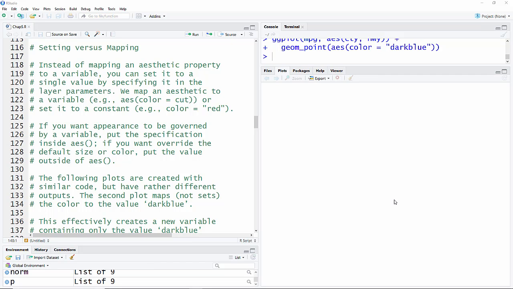We continue with Chapter 5, the section entitled Setting versus Mapping that begins on page 96. Now, in this section, we talk about the differences between mapping an aesthetic property to a variable, which is generally what we've done so far, or just setting it to a single value by specifying that in the layer, in